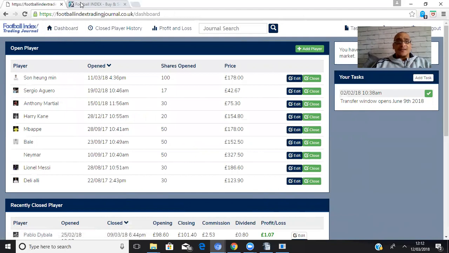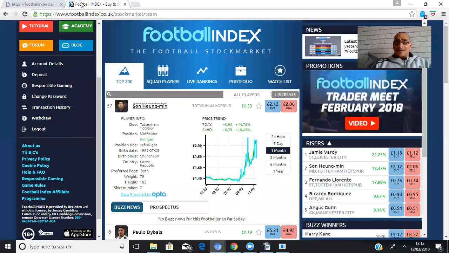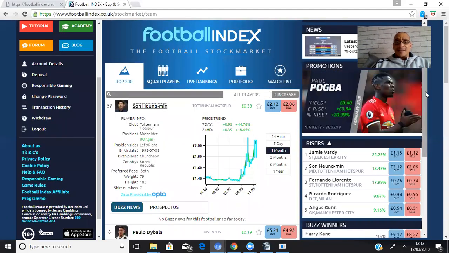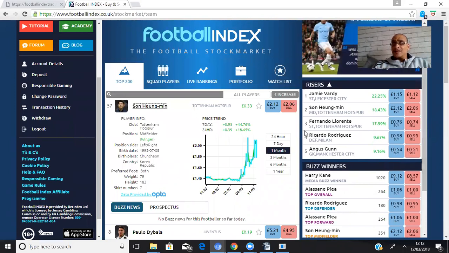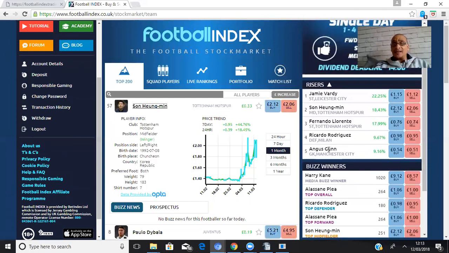But any trend that you might see on this rising list, really look into it and see why. Why are they rising? Can I put them together? The top 3 is usually the ones that I look at to spot a trend. But there's 5 here, so you can look at all 5. And if you can connect at least 2 of them, then there's a trend there and there's something for you to look into.